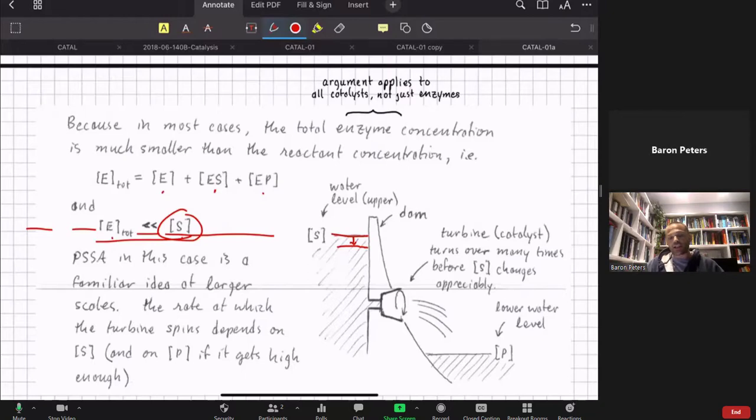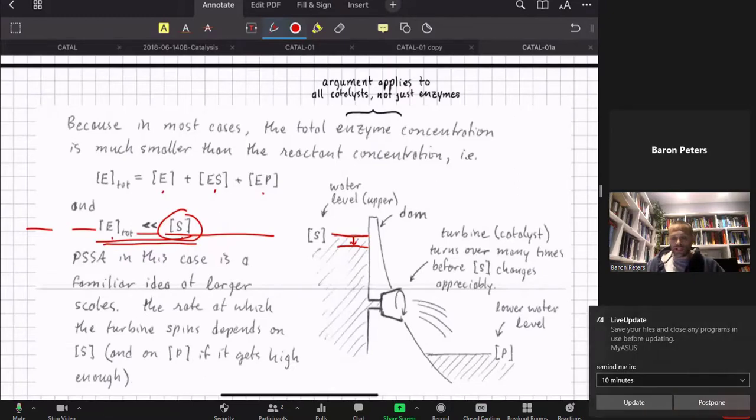And that's exactly the situation that we have for catalysis because of this inequality. Because the enzyme amount is very much smaller than the amount of my reactants typically, we will immediately be able to apply the pseudo-steady-state approximation because I can turn over many times. That enzyme can go around that cycle many times before it makes an appreciable change in the reactant amounts. And that means I can derive the rate at which the enzyme goes around the cycle in terms of the amount of substrate that I have at a given point in time,